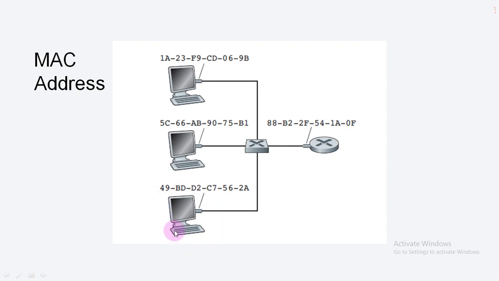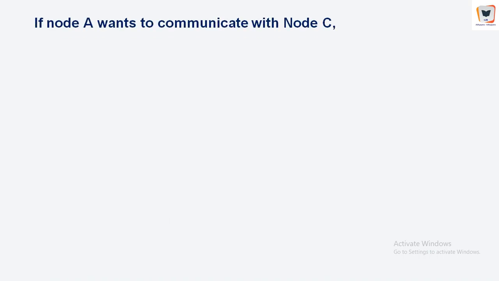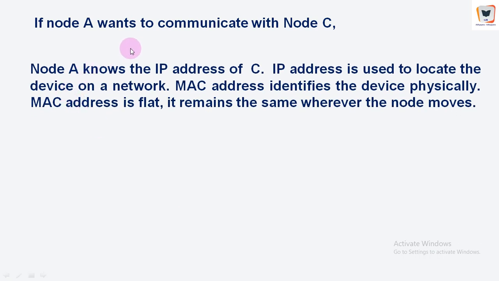So ARP will develop an ARP table containing every node's physical address as well as IP address in an incremental fashion. Let us say node A wants to communicate with node C. Node A knows the IP address